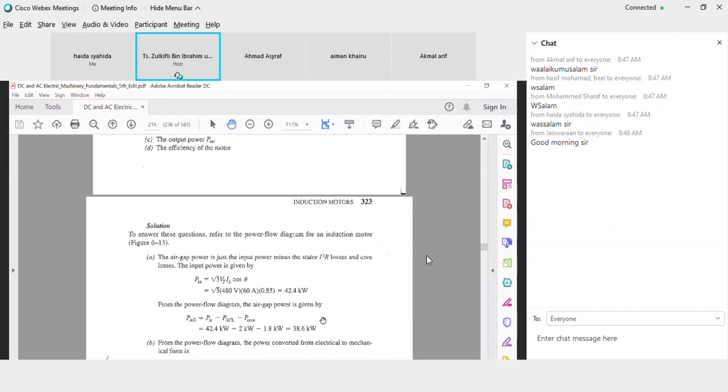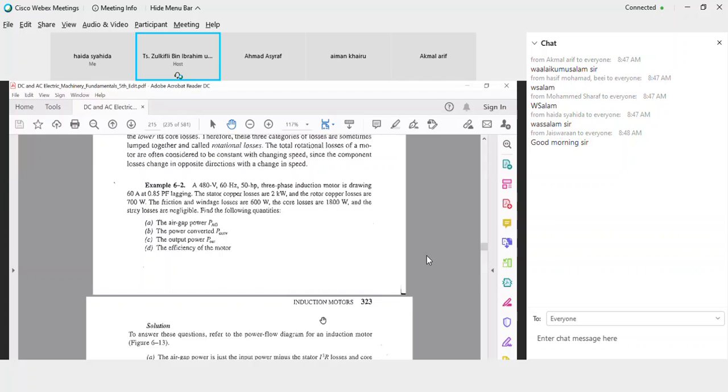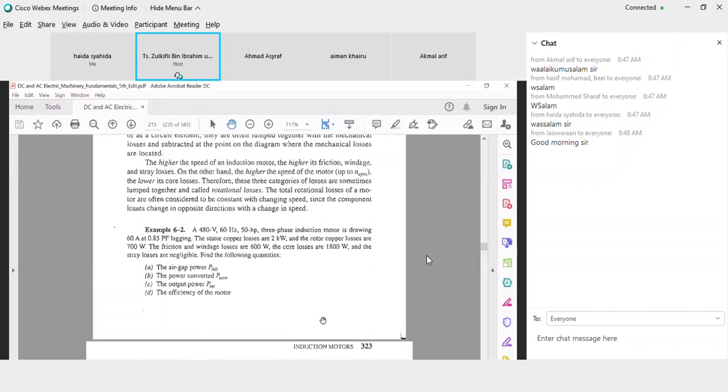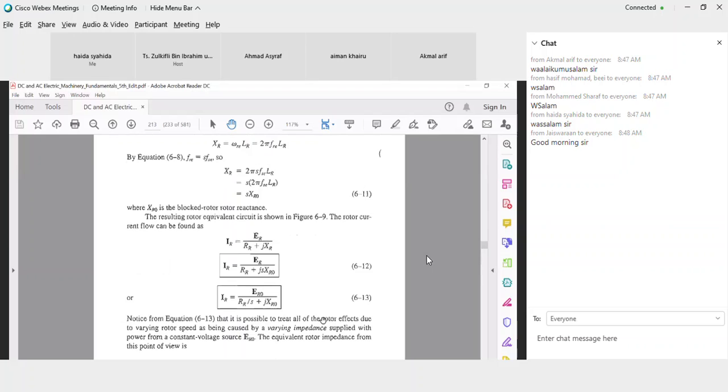Then this is the example on page 462. So I'll go for example 6.1. Where is it? 6.1. Okay, here. All right. So example 6.1 says a 208